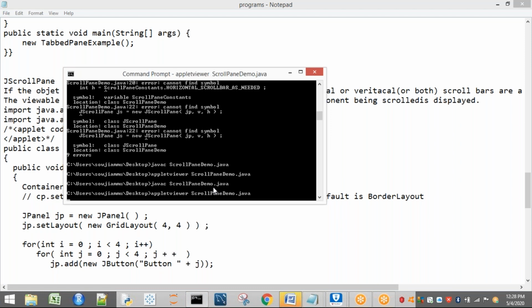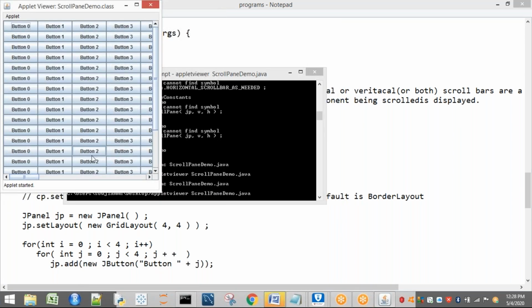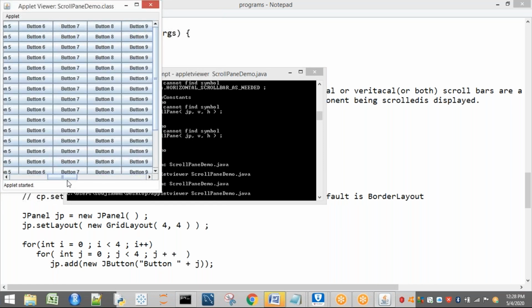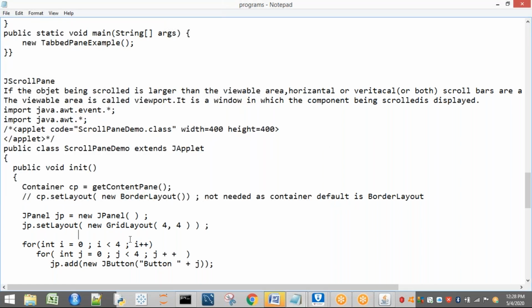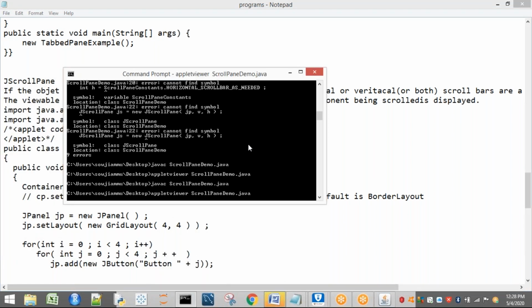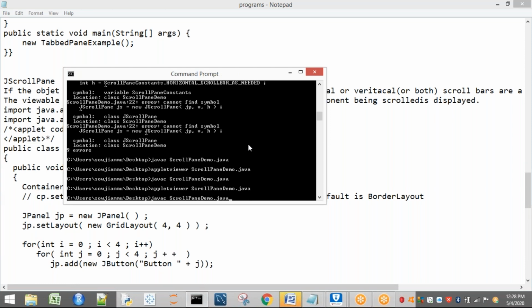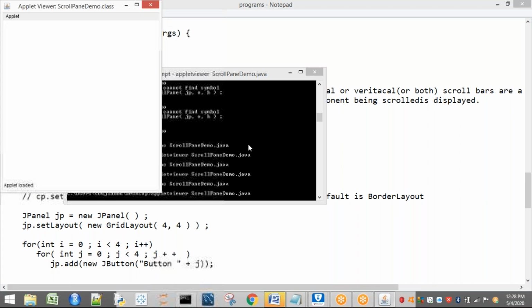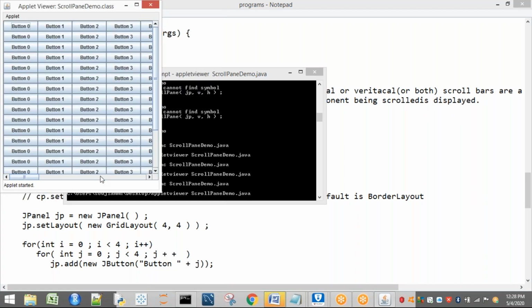Now you can view your scroll pane. Again 20 buttons have been added. One minute, I have not saved, I think. Anyway, now I have saved it. Oh, one minute, something is added here.